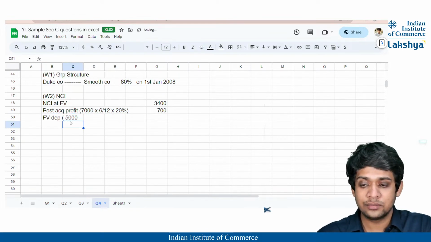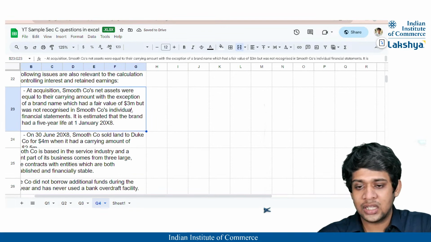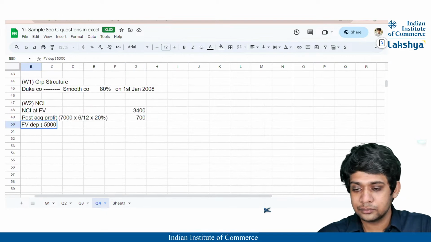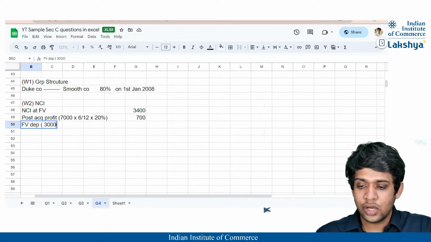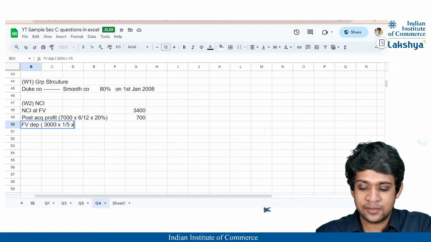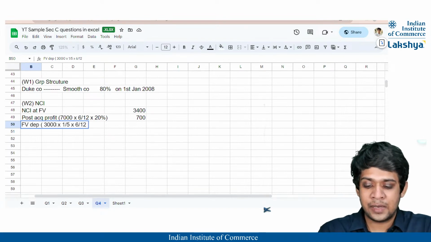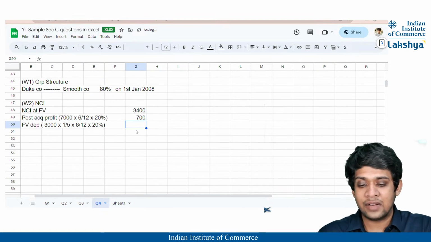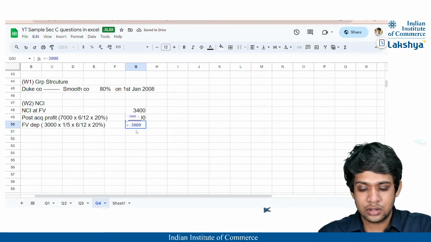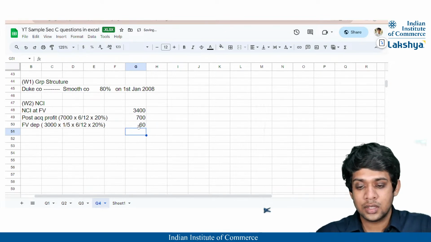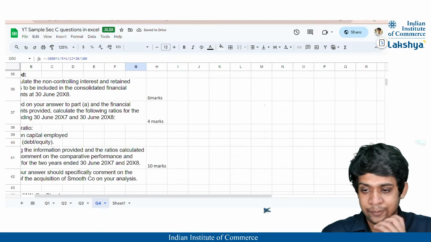तो अभी फेयर वैल्यू था कितना, सॉरी 3,000, राइट, 3,000, राइट। एंड यूजफुल लाइफ कितना था गाइस, यूजफुल लाइफ इस पे था 5 इयर्स का, तो 1 डिवाइड बाई 5। लेकिन हमें चार्ज करना है सिर्फ 6 महीने का डेप्रिसिएशन, और सिर्फ 20% लगेगा यहाँ पे एनसीआई को, करेक्ट। तो हमारा फेयर वैल्यू डेप्रिसिएशन कितना हो गया, 3,000 इंटू 1 डिवाइड बाई 5 इंटू 6 डिवाइड बाई 12 इंटू 20%, तो ये हो गया -60, करेक्ट।